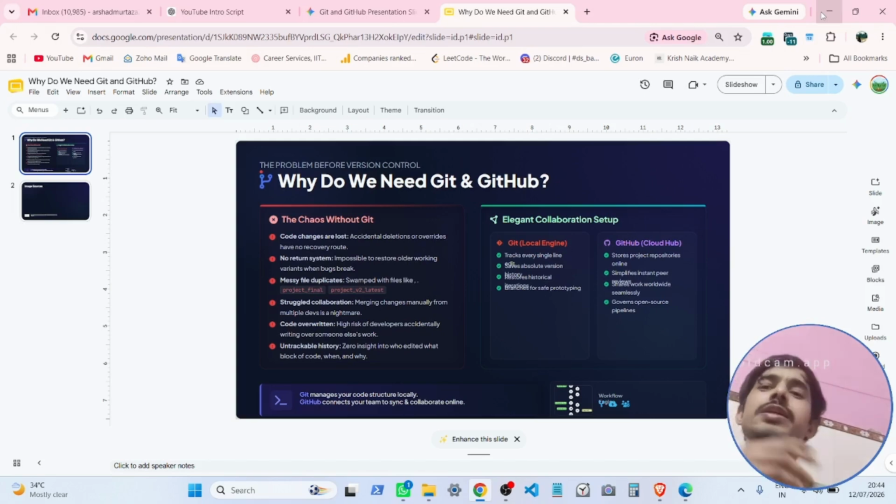Also, let's create another scenario. Let's say you and your friend work on a project. You are working on the login part and your friend is working on the dashboard part. When you both merge your code together, it might be possible that the code crashes. So in a large project,